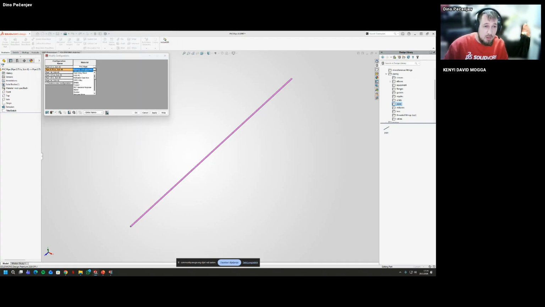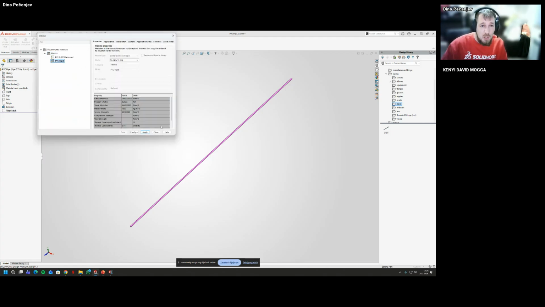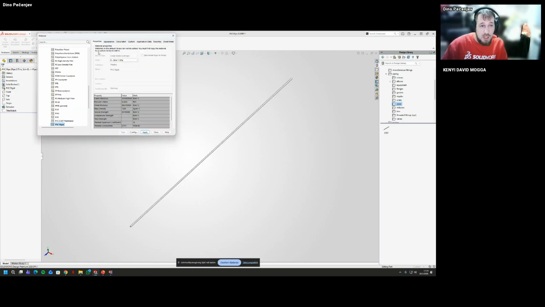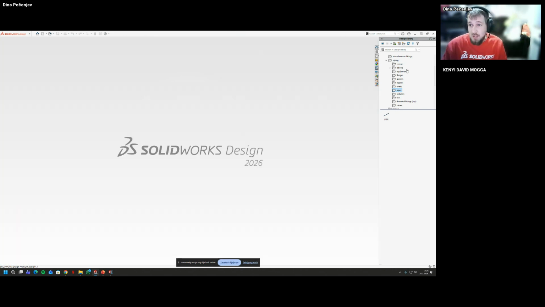So the color can also be changed depending on the configuration, all of the pipes or even tubes. So it's up to your preference how you're going to use it, or you're just going to use material specific. So this part is done. For the next ones, I'm going to use the basic ones. And if I refresh the library regarding the piping and use pipes, here I have my PVC pipe.